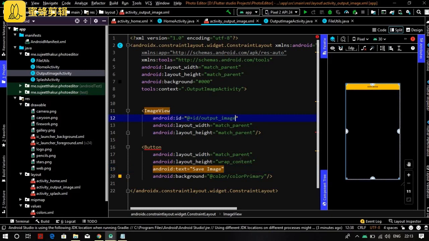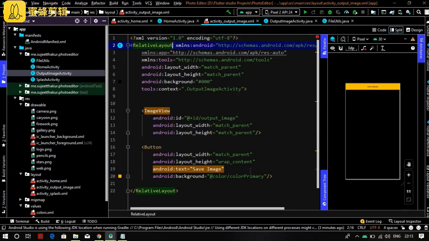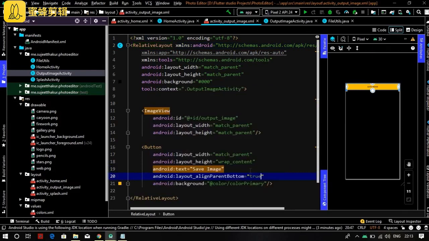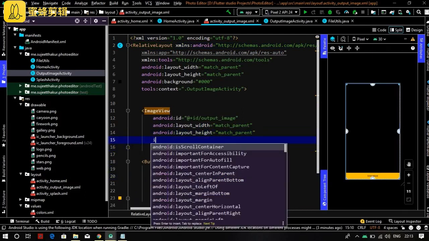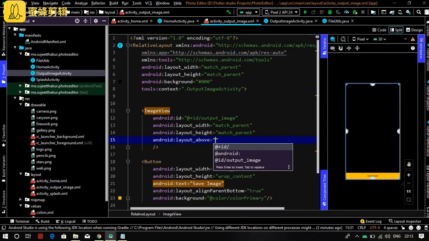I forgot to add a relative layout here. Just cut the constraint layout and add a relative layout. Now it's cool, the error goes. Just align the button to the parent bottom. And for the image view, just write this line, layout above.